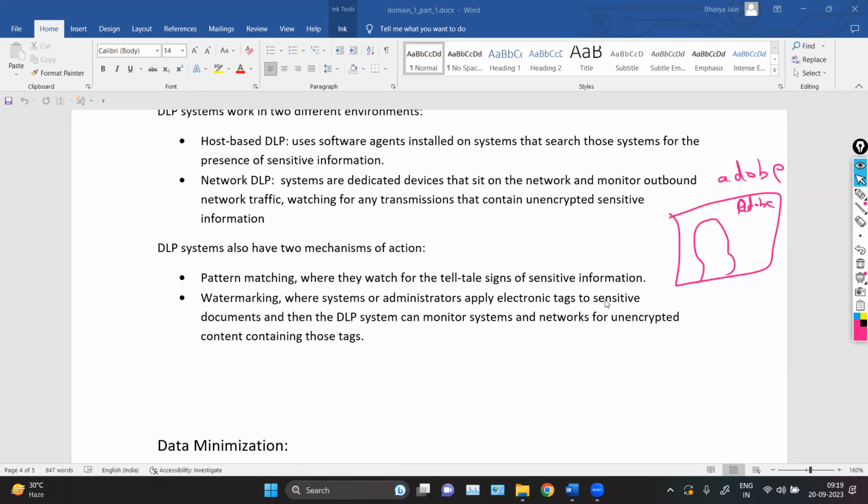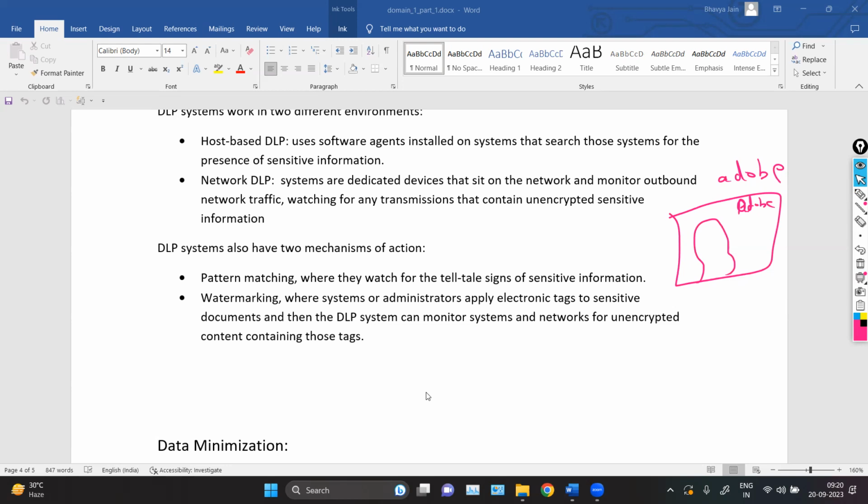Because we can say that without purchasing, we are using the images which contain the watermark of Adobe or any other watermark. So this is the issue. This is the watermarking technique which we usually use, but we don't basically use it in DLP systems. We sometimes use it, like in Adobe or in other companies which contain watermarking or copyright issues.